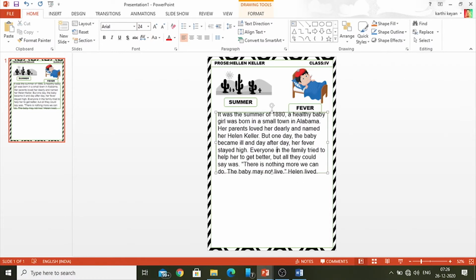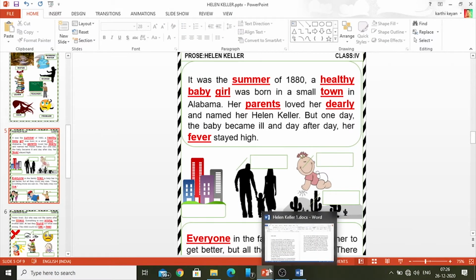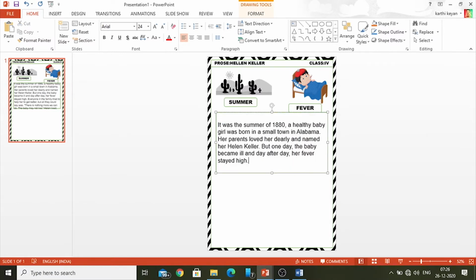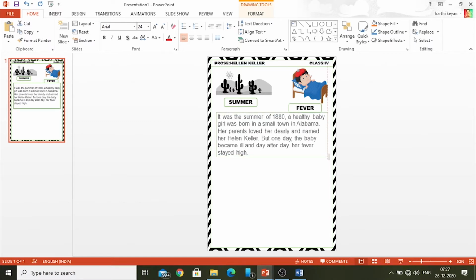So this text is more as compared to here. Here you see. So we are going to reduce the content here. This much is not needed here. So just delete some text and leave some space for children to enjoy this colorful content. Now select all the text and increase the size of the text and decrease the size of the shape.